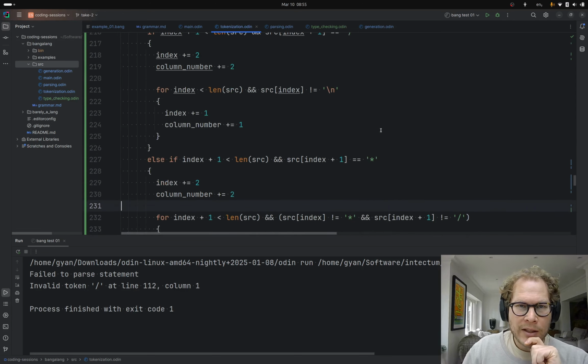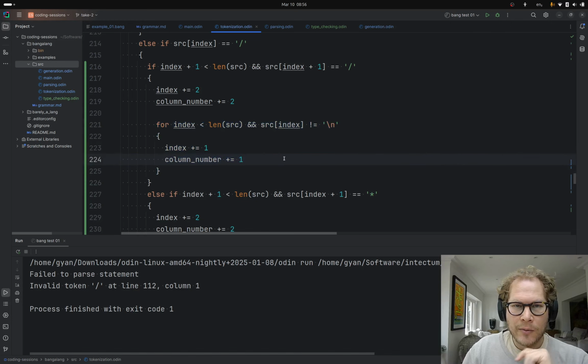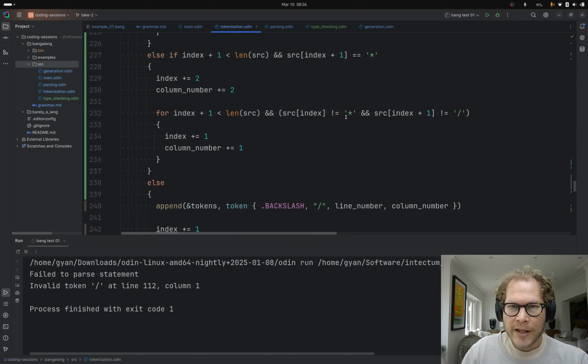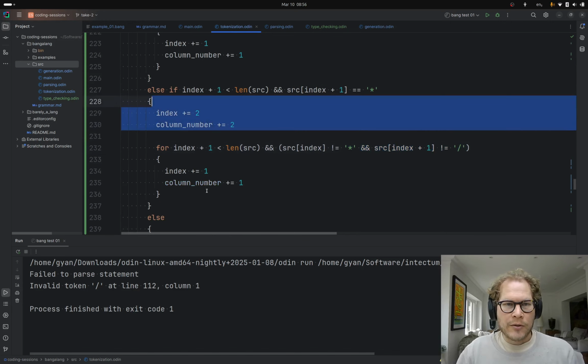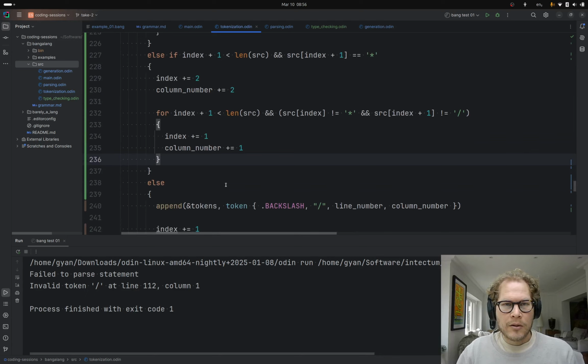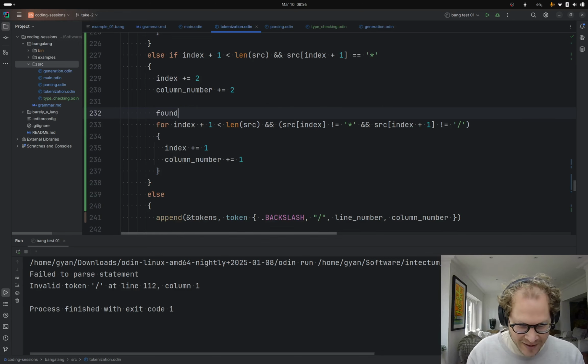And I guess the unique thing about this is here when we found a new line, we just quit out. And the new line would have got dealt with by the next iteration of the loop. Here we need to consume these 2 when we find them. So we need to, but only if we did actually find them. So if we go found end,